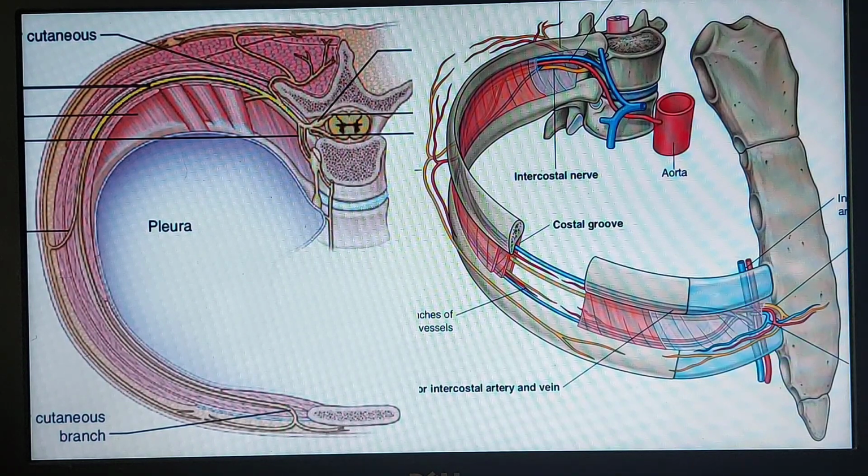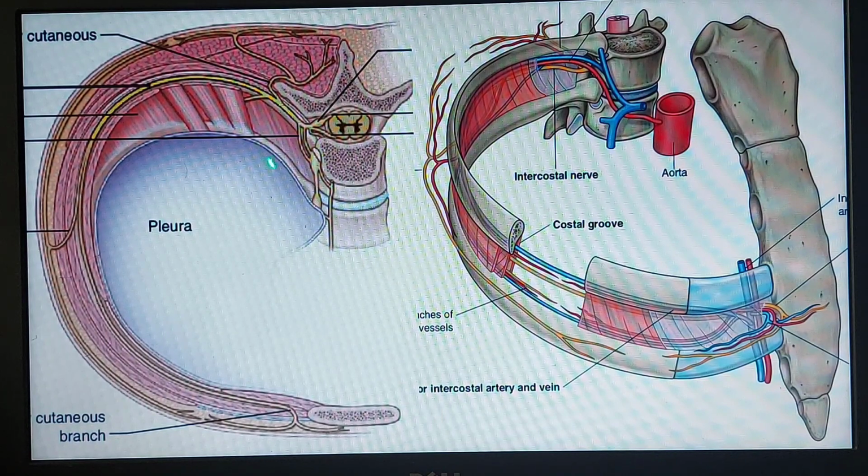These anterior cutaneous branch and the lateral cutaneous branch pierce all the layers of the muscles like innermost intercostal and external intercostal, and the subcutaneous fascia, and finally they become the cutaneous nerves here in the anterior part and in the angle of the rib. These are the branches, and sometimes in the thoracic region they give some communicating branch. They communicate with the sympathetic chain through the white rami communicantes and the gray rami communicantes. These are the branches of the spinal nerves.